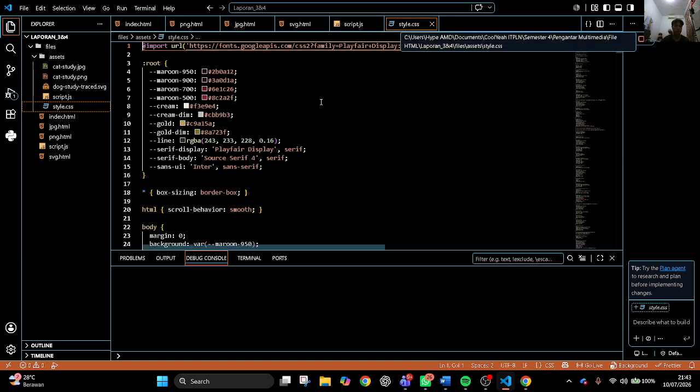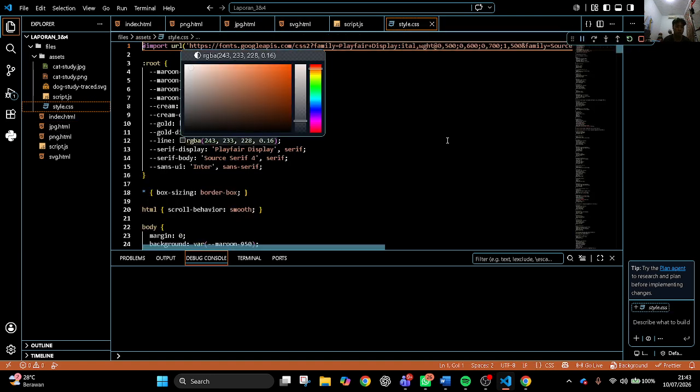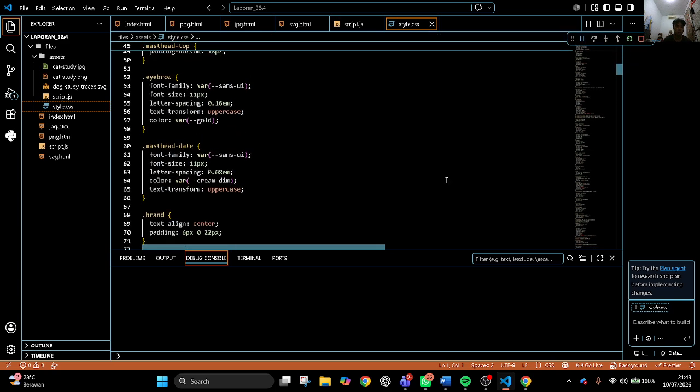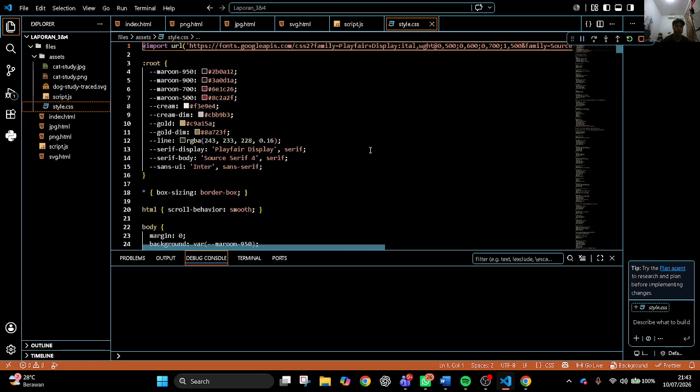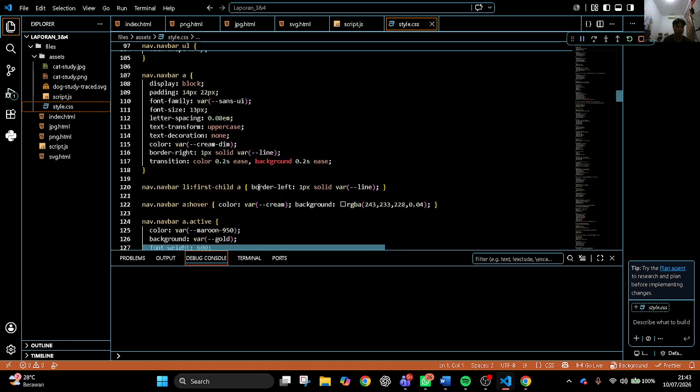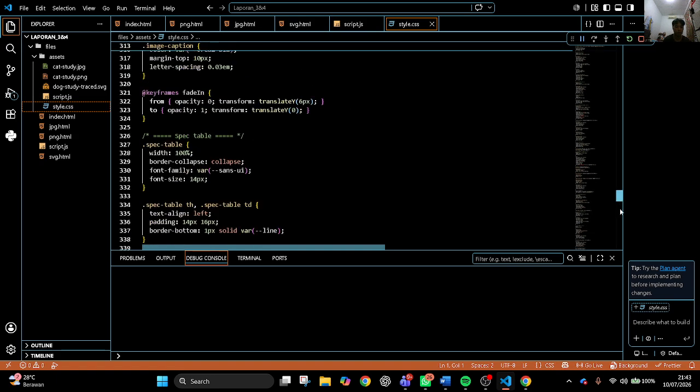For the styling, I use a single CSS file called style.css, shared across all pages. I chose a deep burgundy background because my student ID number ends with an odd number, which requires a dominant red color scheme based on the practical instructions. I combine it with gold accent color and cream text to keep it elegant rather than too flashy. I also use Playfair Display for headings to give it that editorial magazine-like feel, and Inter for smaller UI text like the navigation and labels.